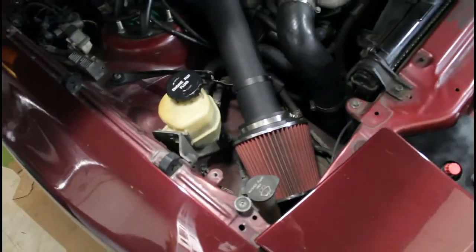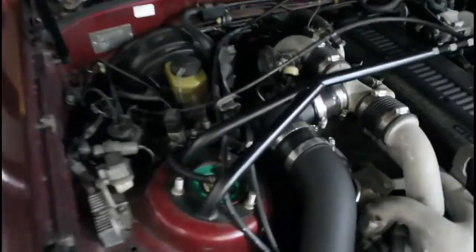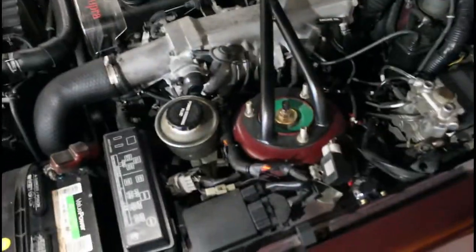Well, basically what I've done as far as modifications, as you will, it came with the Cusco strut tower brace. That was really nice there. It did come with a set of Tein coilovers. It came with, they're over in that box right there, Tein Circuit Master RAs. From what I was able to find online, and this is directly from Tein's website, they were very expensive, but they're very good. Now, they don't have the camber adjust, but they do have the stiffness, you know, the damper, and then adjustable ride height. Great